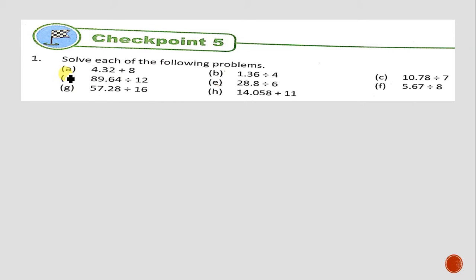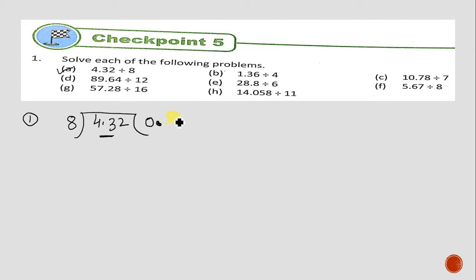Let's take an example. Suppose first A. Now it says divide 4.32 by 8. Now you know that 4 doesn't divide by 8, so what we will do, we'll insert a 0. Then after that we have a decimal, then we'll put decimal. Then the second digit we are going to take, and that will become 43. Now 43 also, you know that it doesn't come in 8's table. What we'll try to do is take the lesser number from it.